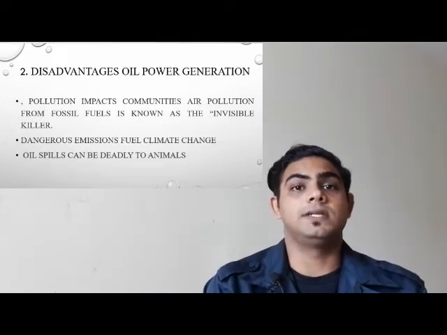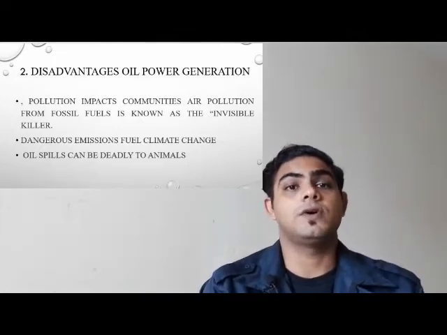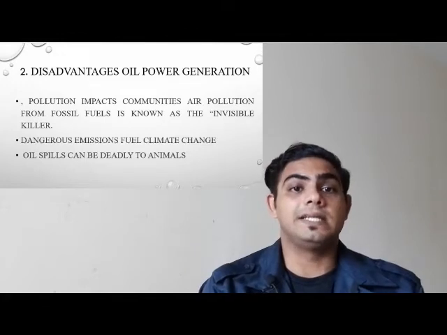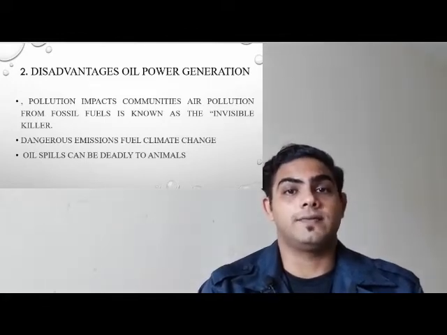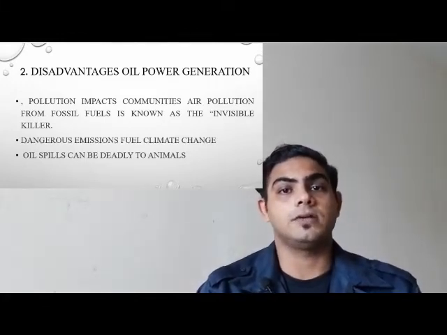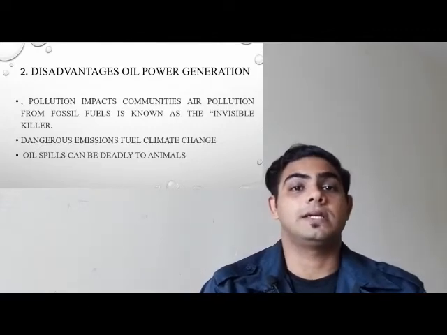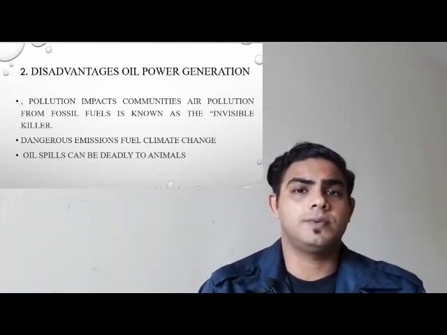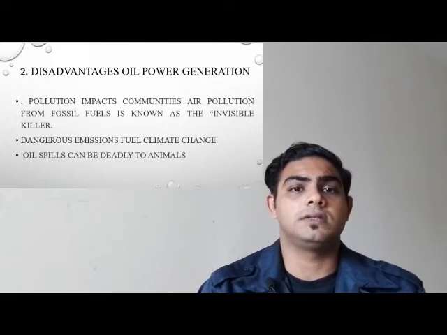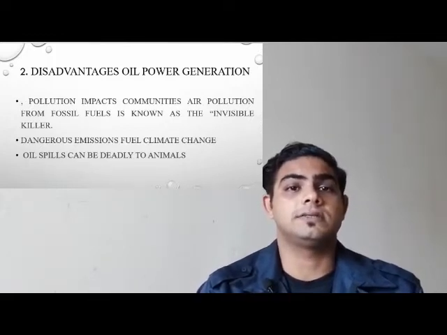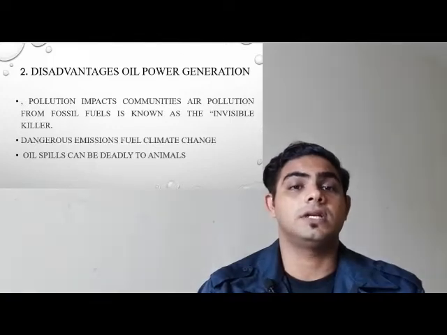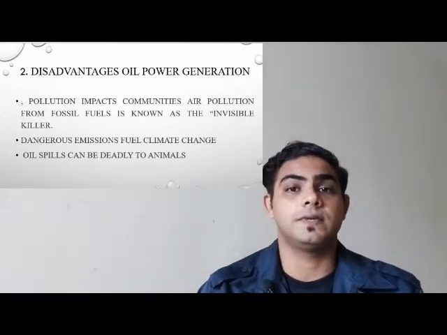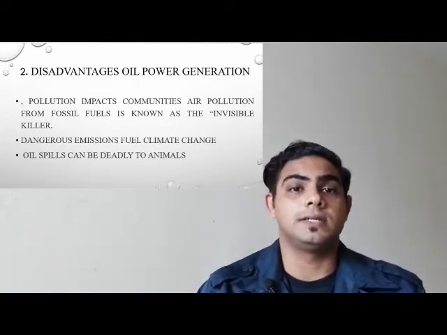Oil spills can be deadly to animals because big oil spills are big killers of wildlife and can cause long-lasting damage to marine ecosystems. Just think of the Deepwater Horizon spill in the Gulf of Mexico. The 2010 incident spread oil across 68,000 square miles of sea surface and killed approximately